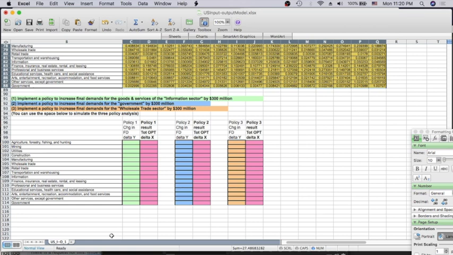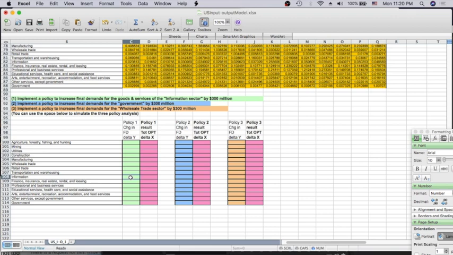So here, number one, implement a policy to increase the final demand for the goods and services of the information sector by 300 million. Okay, so the information sector, let's find where it is. It's right here. So you see 300. So what it means is this is going to increase by 300 million. Now the basic unit here is a million, so we just need to enter 300 for this